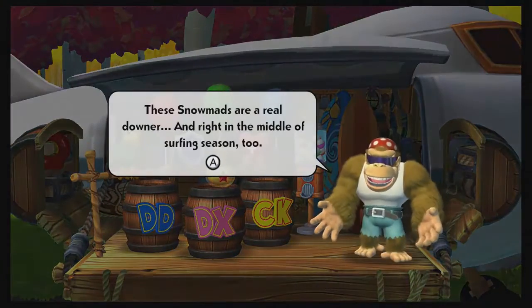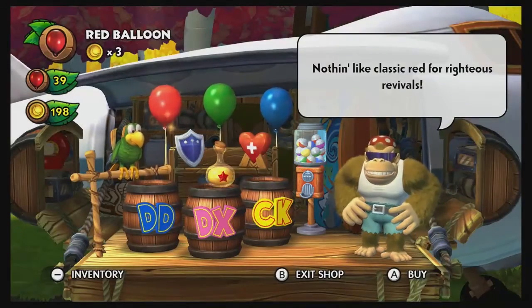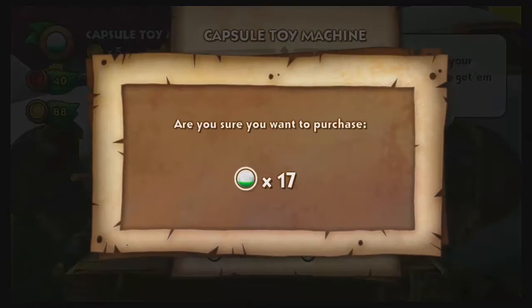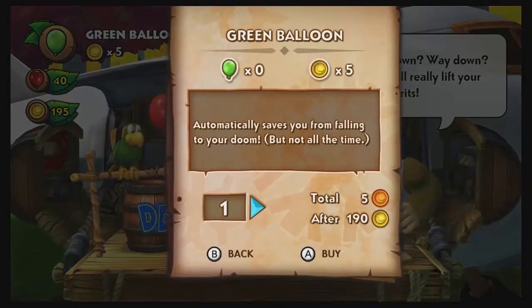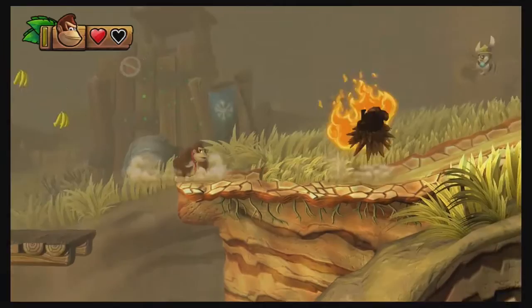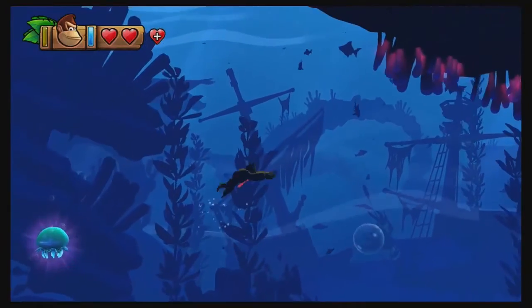Since Cranky Kong is used as a support character, we get a Funky's Flying By shop to use those coins on. Here you can buy more lives, pointless collectibles, and then helpful items that you can take with you to each level, such as an extra heart of health, a green balloon that will, for one time only, prevent you from falling down a hole, a blue balloon that will refill your oxygen meter if you drown while underwater, because where else would you drown,